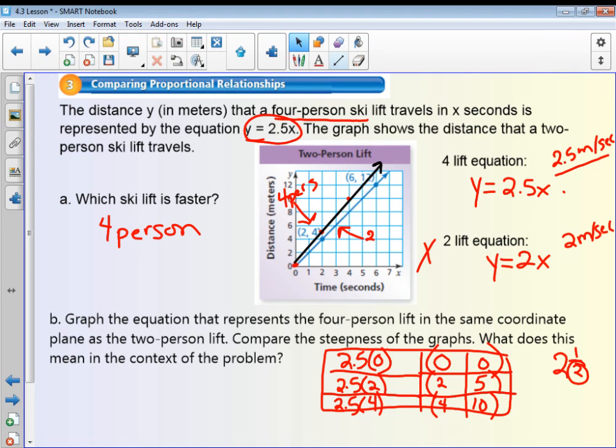You can now visually see that 4-person one is going to get much further over the same amount of time as our 2-person. You can see that in the graphing. It says, compare the steepness of the graphs. What does this mean in context to the problem? So the steeper the slope, like our black line there, the steeper that 4-person slope was, the faster the speed